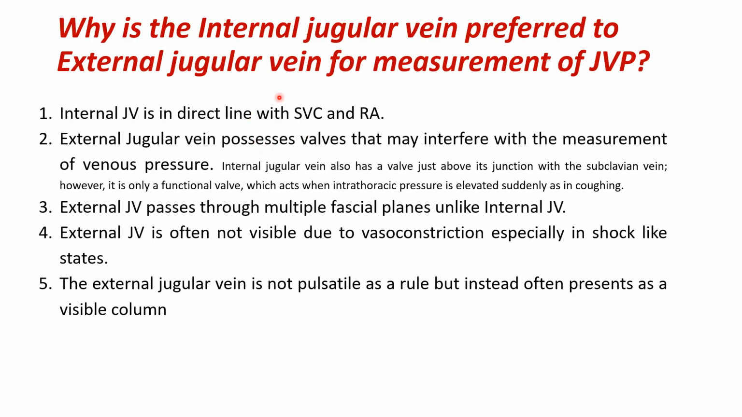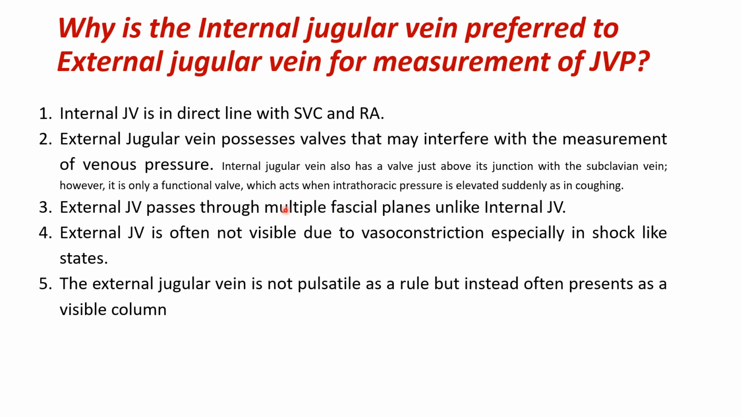So again, why do we prefer the internal jugular vein? First, it is in direct line with the superior vena cava and right atrium. Second, it does not contain many valves like the external jugular, because the external jugular vein contains several valves which can interfere with the accuracy of this measurement. This is in contrast to the internal jugular vein. The third cause is that the external jugular vein can pass through different fascial planes,